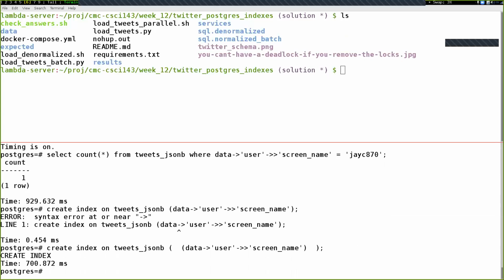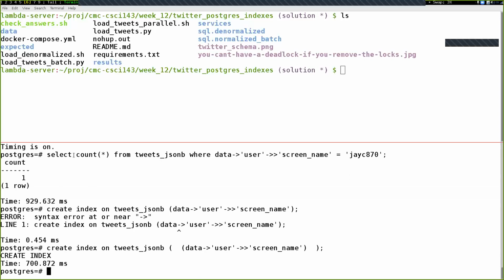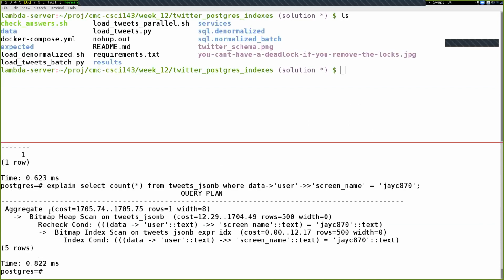Hit enter on that. Takes less than a second to build the index, even less time than it took to run this query up here. And now when we run this query, super fast, and if we explain it, we'll see it's using some type of index scan instead of